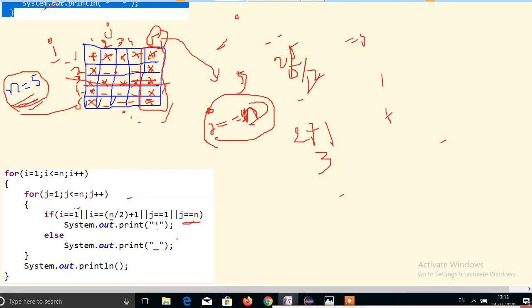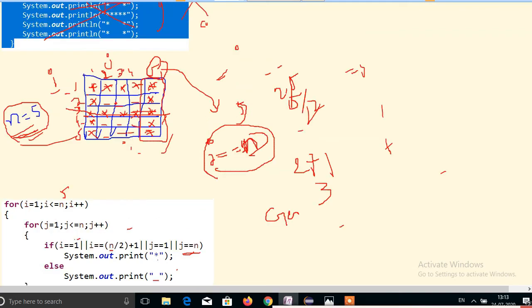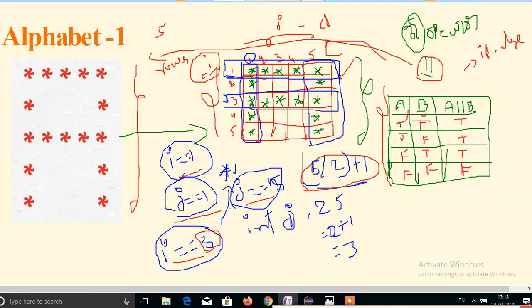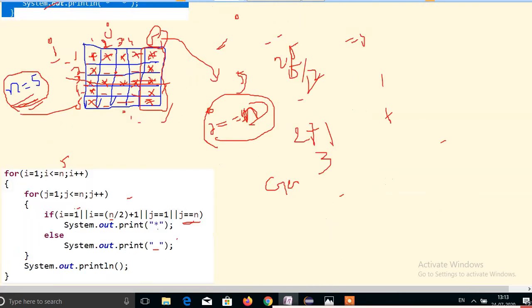That's why I use the generalization method. Otherwise, you could take 5 directly, but then the program will run only for 5, and we cannot enter any value. I will show this process also. It doesn't take any value, it will print only 5 stars for this pattern only, so I don't write it based on that value.